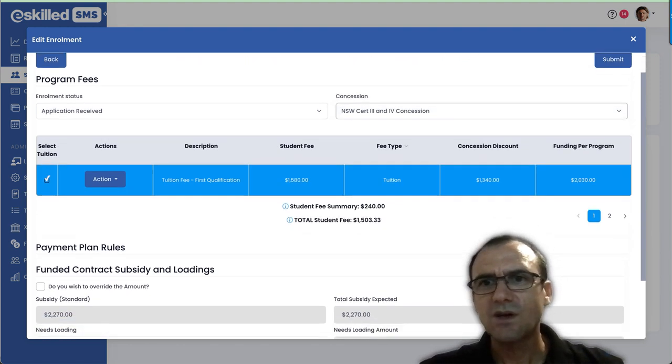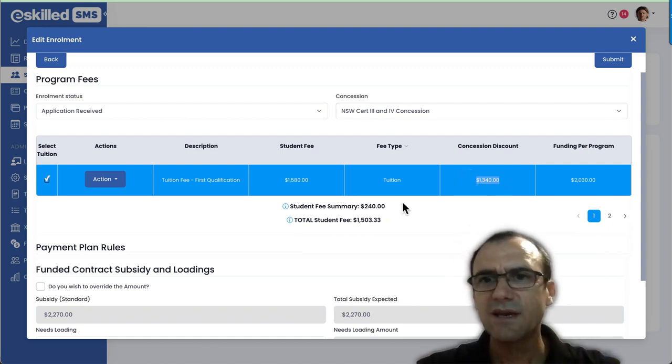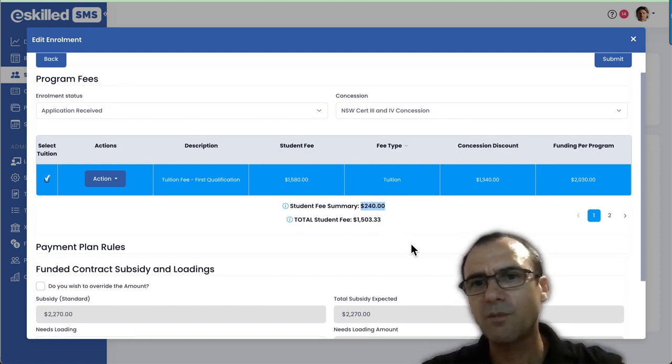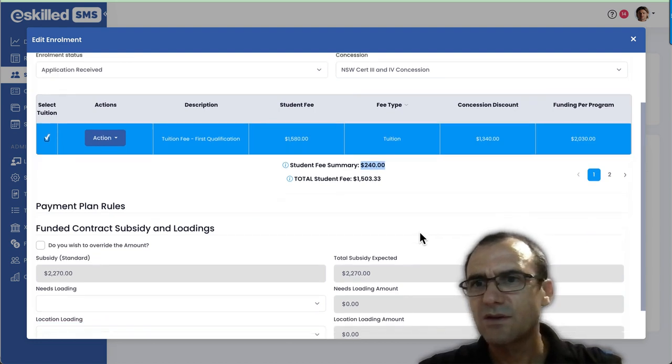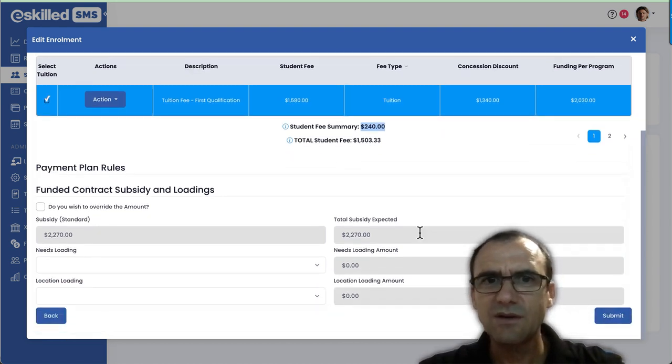But in this scenario, what we're going to say is this is actually a concession student, so we're going to select concession here, and the system will automatically apply that concession to this enrollment. So you can see now that the concession discount is $1,340, and the student fee is now only $240 now that we've applied that concession. And moving down,